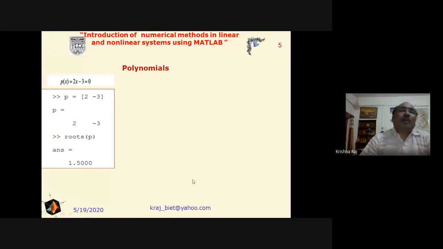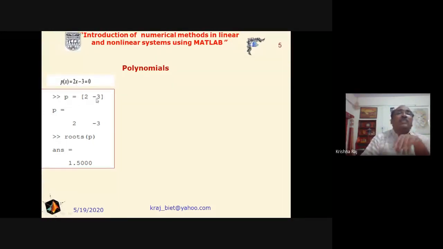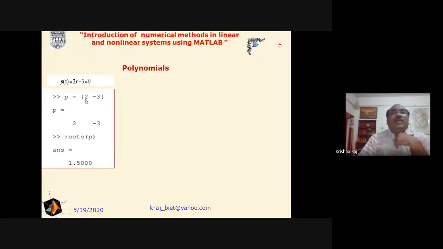So here, if we consider polynomials having only one variable, here we have described the polynomial p(x), which is a function of x: 2x minus 3. Then in order to get the solution, we just find the value of x as equal to 3 by 2. And these results depend only upon the coefficients. Now see here, this is like ax plus b. First of all, we have to define the coefficients. P, that is the polynomial, will be defined by the coefficients. Any system, any algorithm, any concept will depend only upon the coefficients.